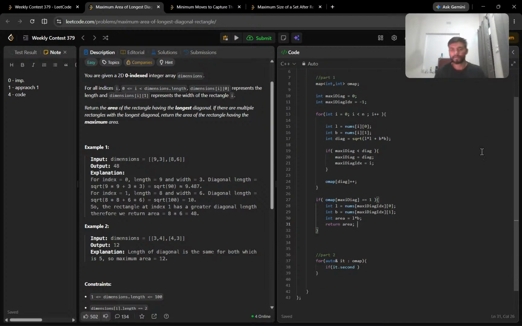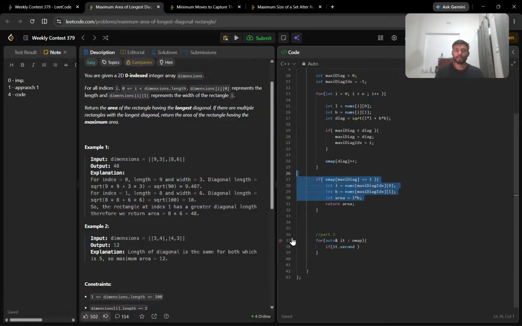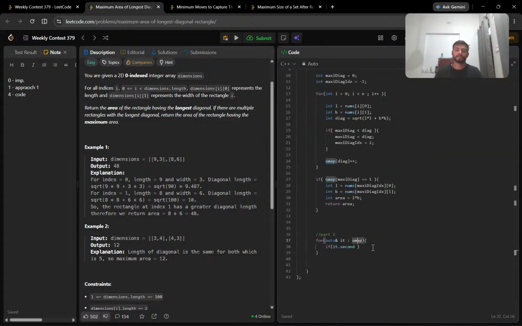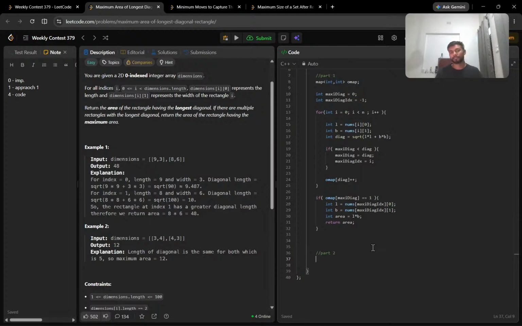That's it. If the frequency of the maxi diagonal is 1, return the area, and else do this. And if the frequency is more than 1, then just iterate on dimensions